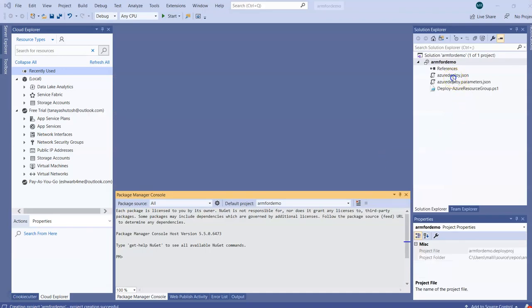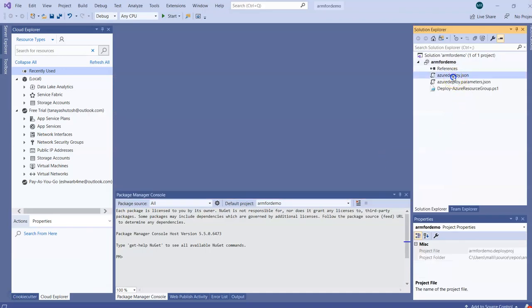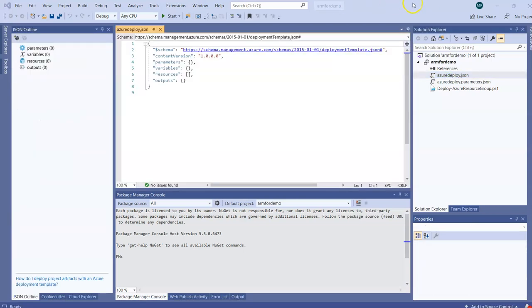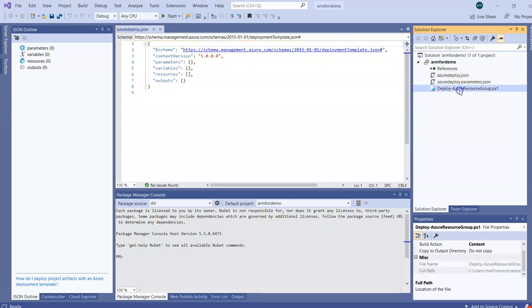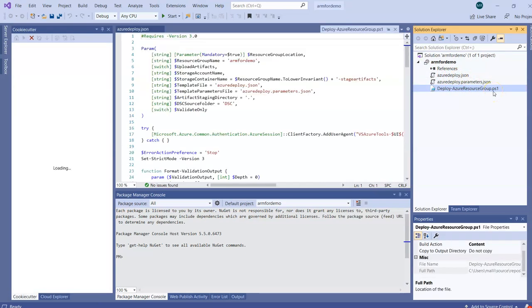So you can see I got my JSON file, Azure deploy. Just taking a few seconds to load. By default, I already got the schema as part of Azuredeploy.json, and